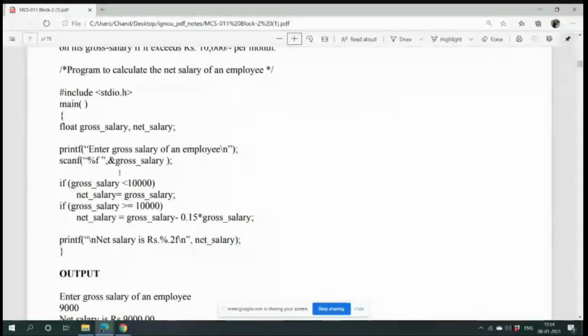Suppose it's like your courier delivery: if I don't give any address to them, then to which home will they deliver? For gross salary, they will deliver to the gross salary address. For net salary, they will deliver to the net salary's address. If the value is pasted in the address of that corresponding variable, then the value will be permanent. That is why we scan it with the ampersand operator.